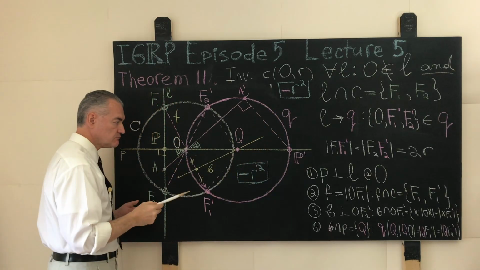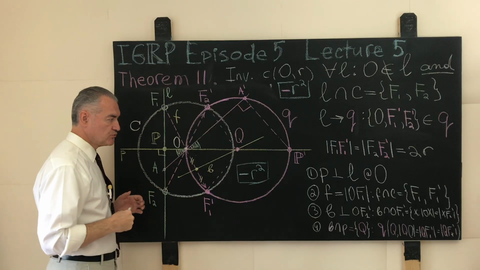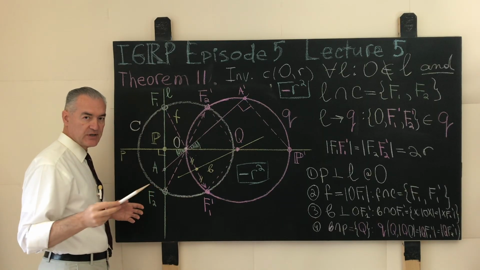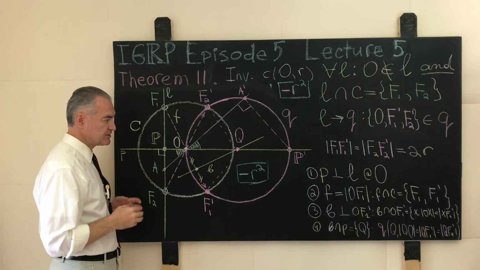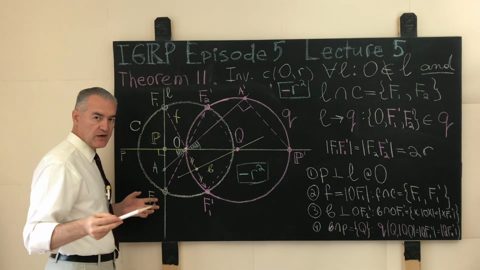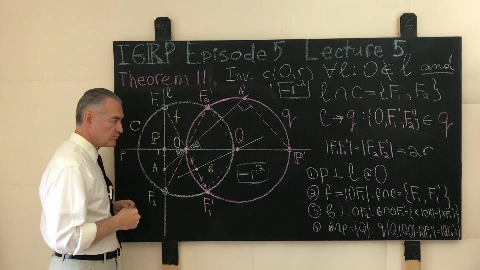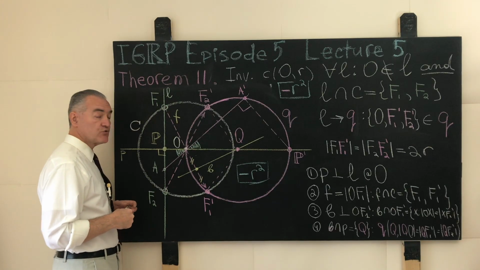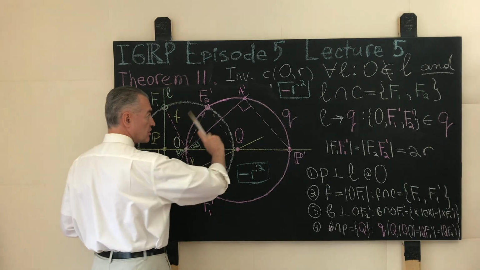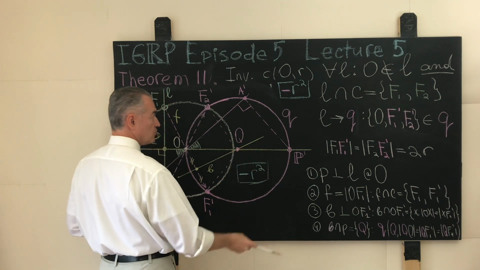And again, a proof of this statement is left to the viewer as an exercise, but at this point I hope that everyone in the audience understands how they will proceed with that proof. Here we will argue from the fact that first we will construct that circle, and then we will use the fact that the